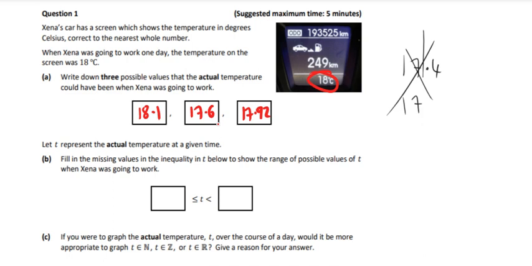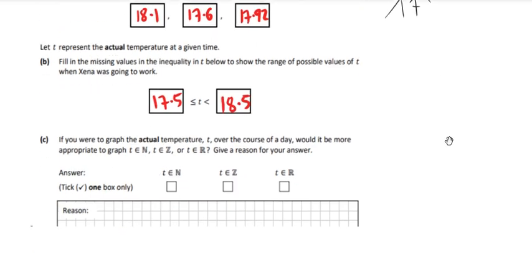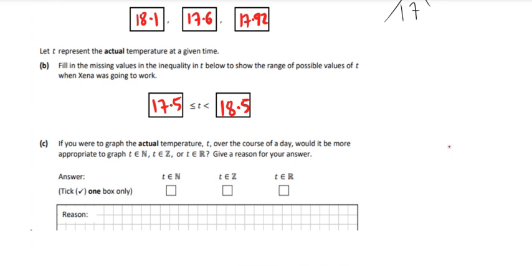So what's the lowest value and the highest value? It's 17.5, and then it can be less than 18.5. So that's it. And then if you were to graph the actual temperature over the course of the day, would it be appropriate to graph natural numbers, integers, or real numbers? So the key here is actual, because we know that it could be